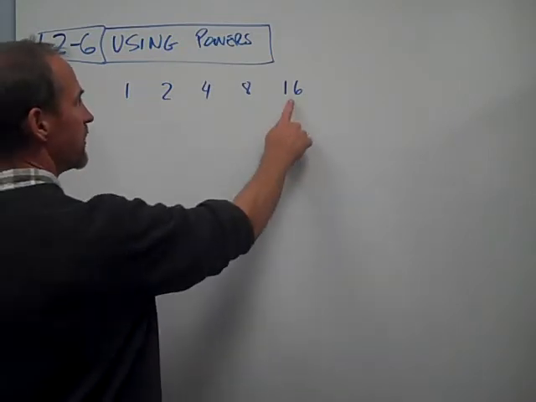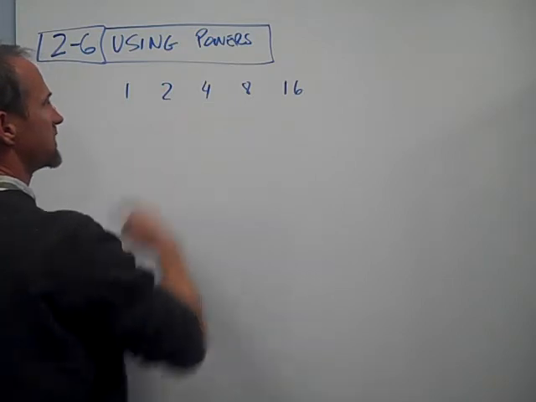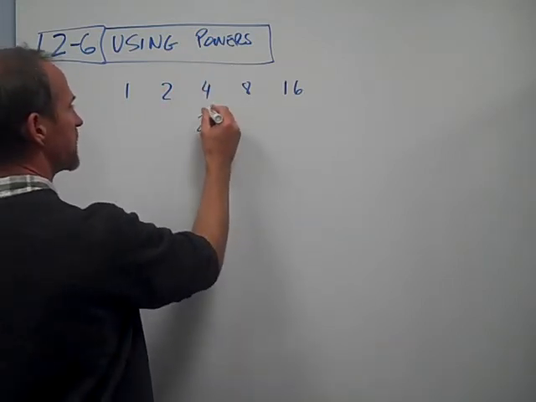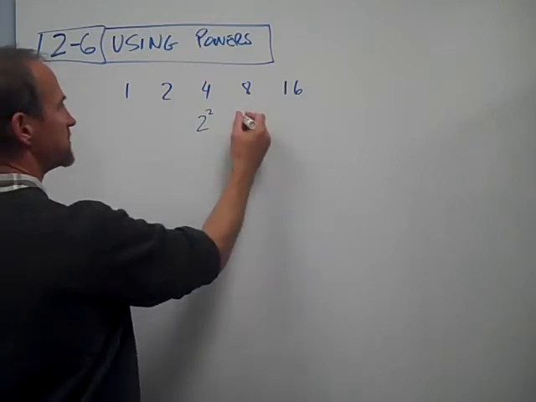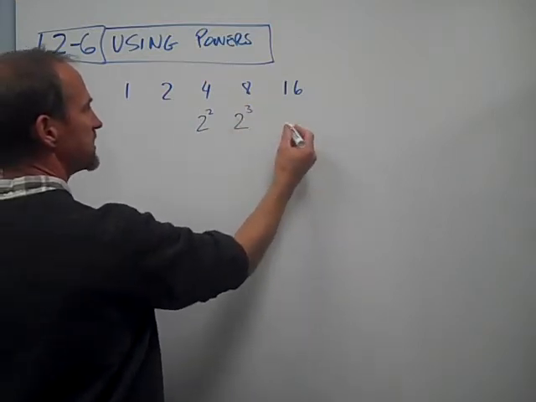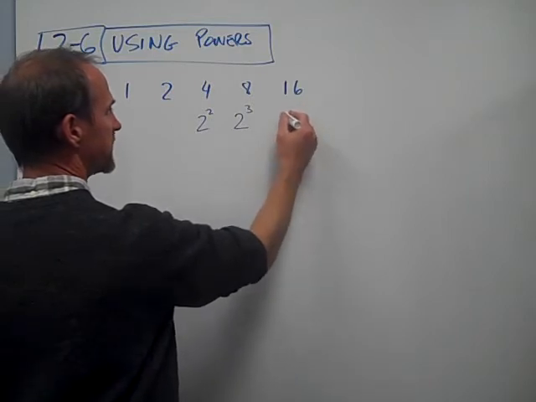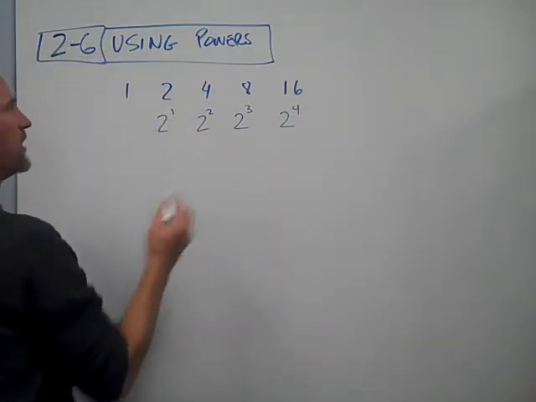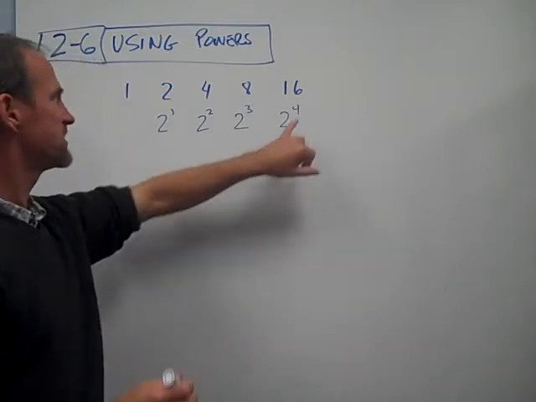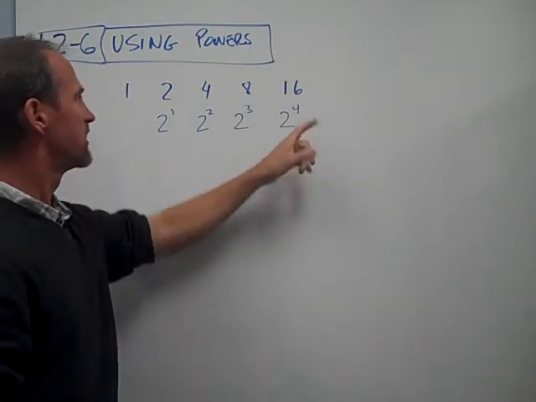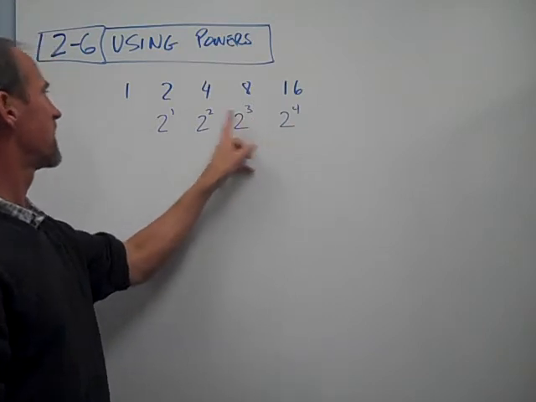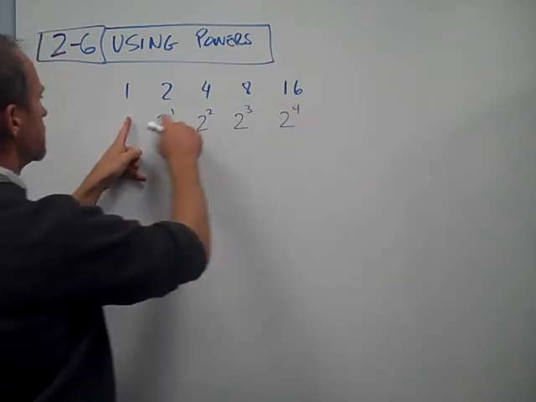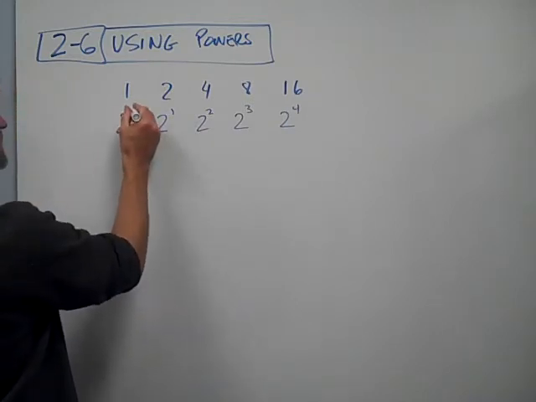If we write each of these numbers as a power of 2, we can write this as 2 squared. That's an easy place to start. And this is 2 times itself 3 times. And with another 2 to double it, that's 2 times itself 4 times. Here's then 2 times itself once. So if we just simply look at these exponents, 2 times itself 4 times, then 3 times, then 2 times, then 1, to keep this pattern going, it really makes sense if we write this as 2 times itself no